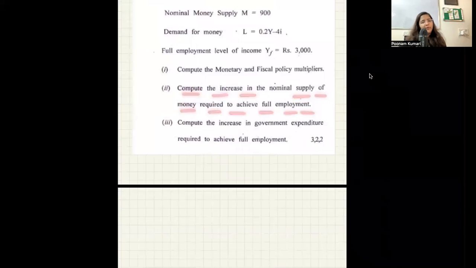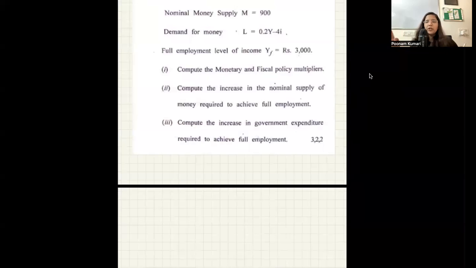Second portion is saying compute the increase in nominal supply of money which is required to achieve full employment. So basically what is being asked is ki currently, right now, you might be having some income. So with the given level of money that you have, या जो भी पैरामीटर्स आपके सिस्टम में दिए हुए हैं उसके बेसिस पे देयर विल बी सम इक्विलिब्रियम इनकम दैट यू विल बी हैविंग. तो इन्होंने बोला है कि अच्छा, हम एक पर्टिकुलर स्टेज में हैं, हमको कितनी इंक्रीज इन नॉमिनल मनी सप्लाई करनी पड़ेगी ताकि जो मेरी रिजल्टिंग इनकम है, दैट बिकम्स इक्वल टू द फुल एम्प्लॉयमेंट लेवल